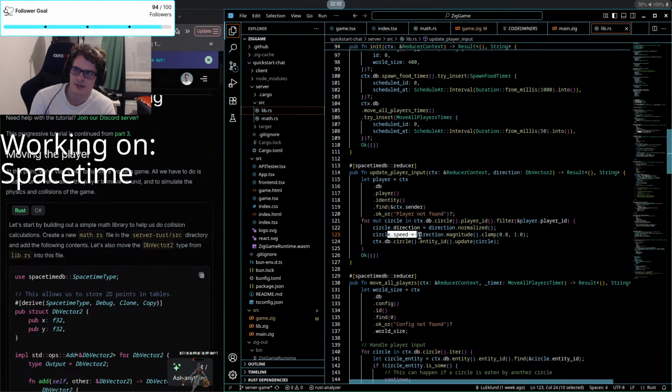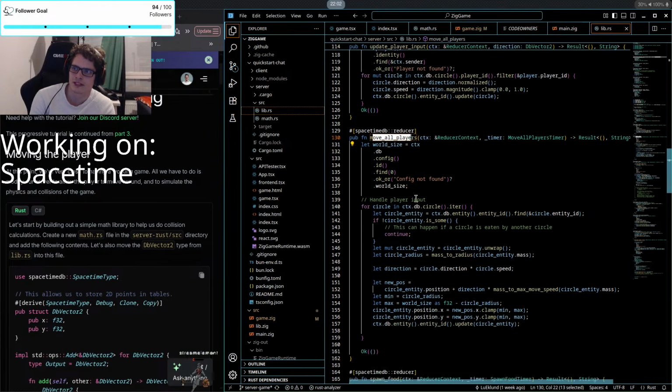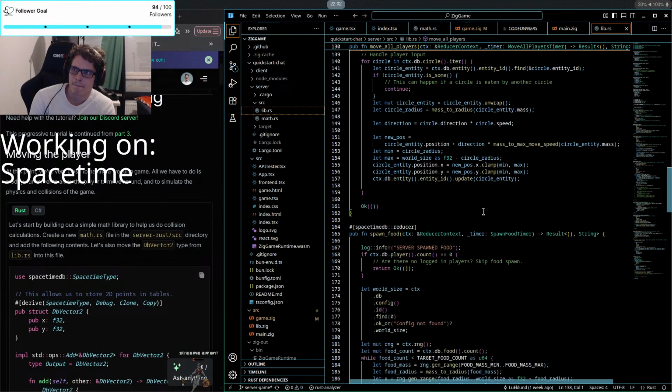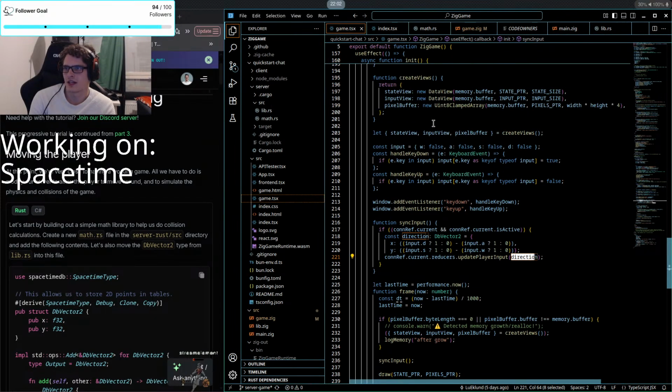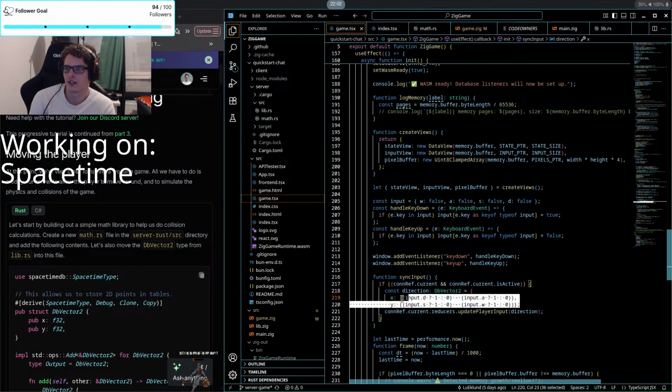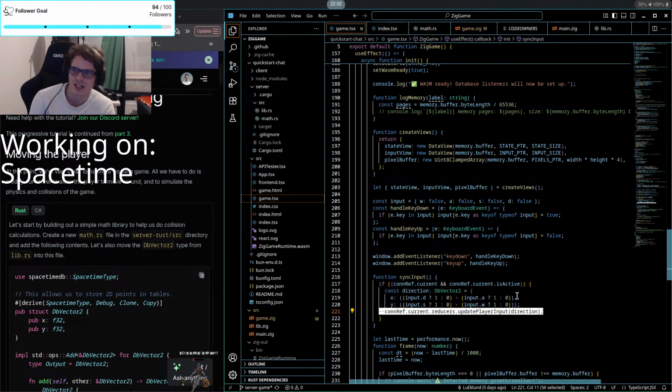Or the speed. It didn't actually update the movement, but that's a separate thing. You just send over the map of keys. Yeah, but how do you do that? Because it was easy in here, because here I did it every loop. I called it every time. I should only call it if something was pressed, because it's kind of dumb to send this to the database all the time when you don't even need to, if you don't move, you know? Sure.